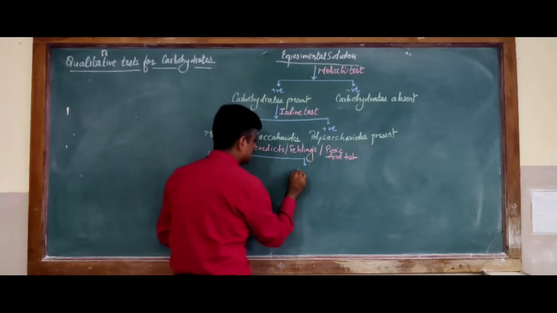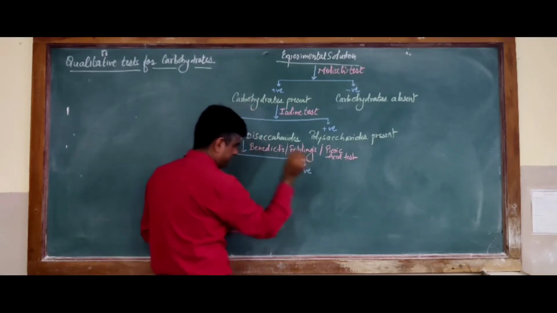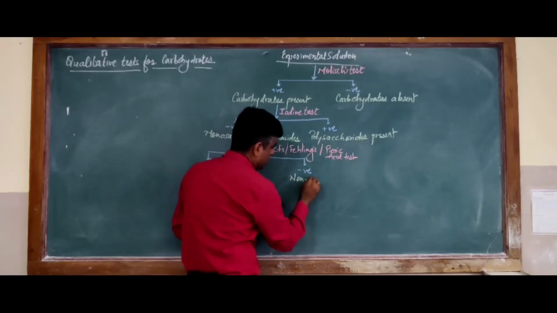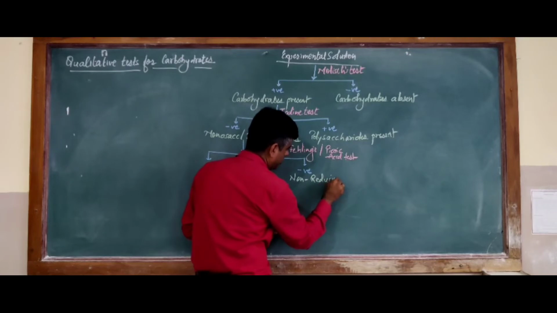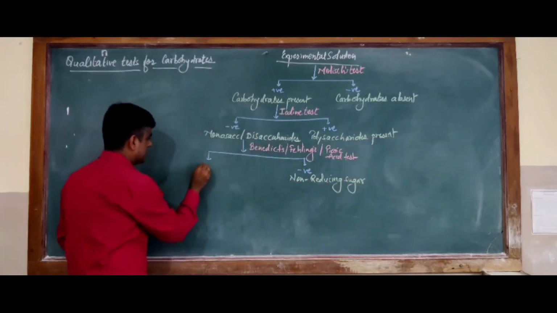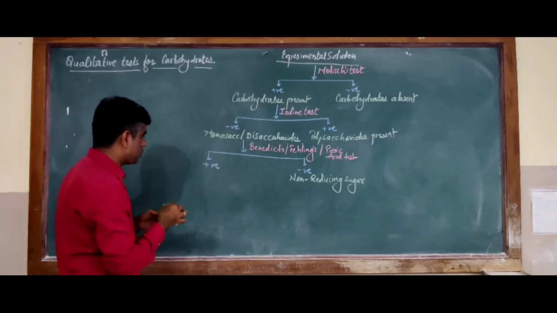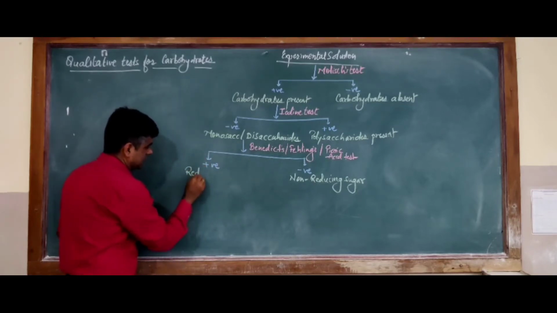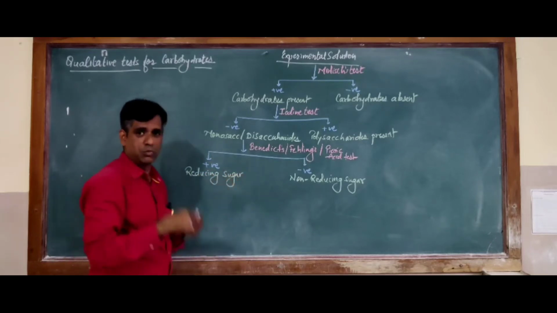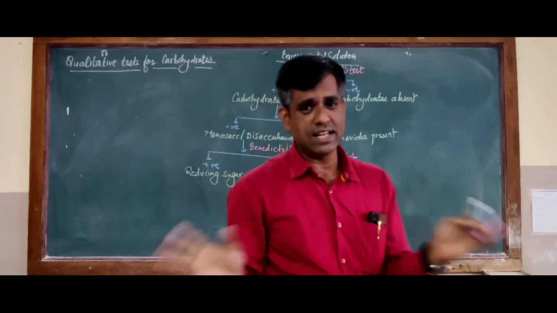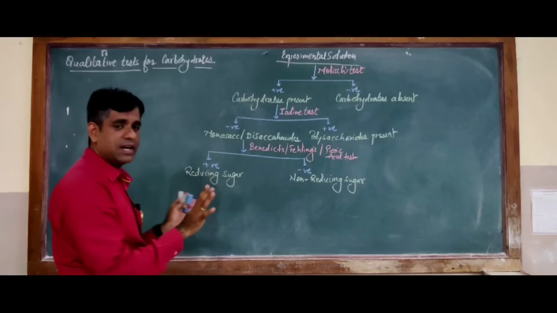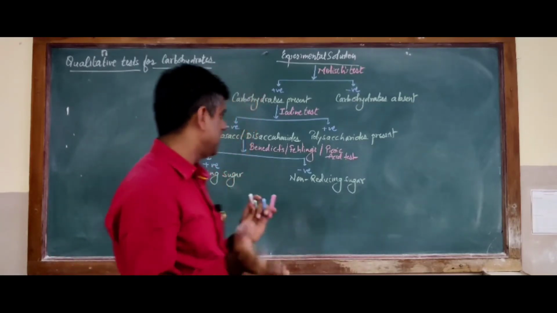So if this test is negative, I'm sure that there is presence of some non-reducing sugar in my sample. But if this particular test is positive, then I'm sure that my sample contains some sort of reducing sugar. It may be a reducing monosaccharide, it may be a reducing disaccharide, anything can happen. So once I get this test positive, my Benedict's, Fehling's or picric acid, any of these tests,